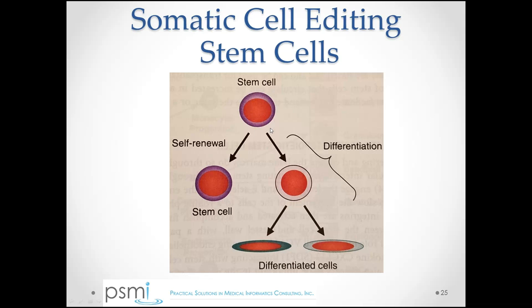Stem cells have this third capability where they can have an asymmetrical division where one of the daughter cells is an identical stem cell and one of the daughter cells is a differentiated cell. So stem cells can really divide in three ways. They can have a symmetric self-renewal division, a symmetric differentiation division, or an asymmetric division where you get another stem cell and you get a differentiated cell. Differentiated cells that are downstream from stem cells no longer have the capacity for self-renewal. Only stem cells have the capacity for self-renewal. Once you've gone past the stem cell compartment, cells further differentiate with each division until they reach their final differentiated